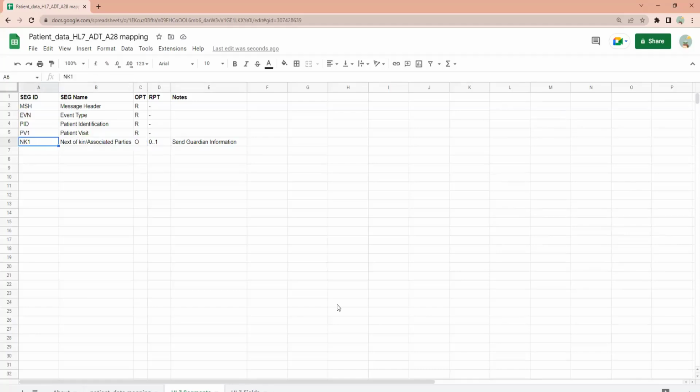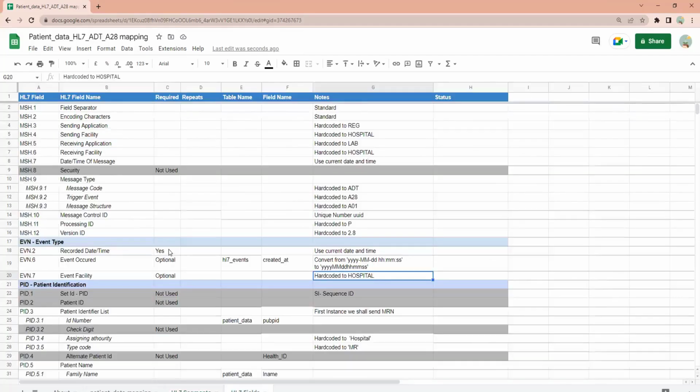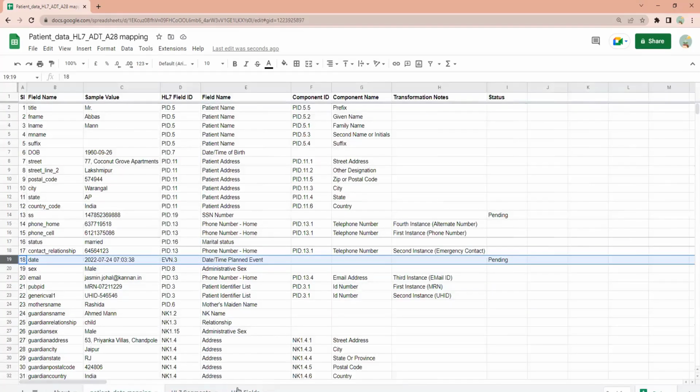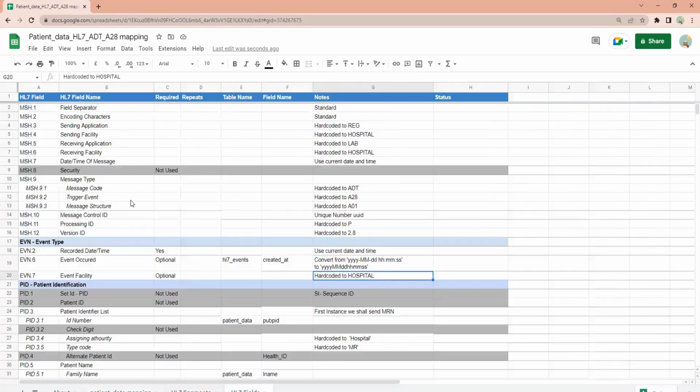NK1 is an optional segment. I have taken these various fields. Now, this is from the patient data mapping perspective. But finally, what are we going to create? We are going to create an HL7 message.